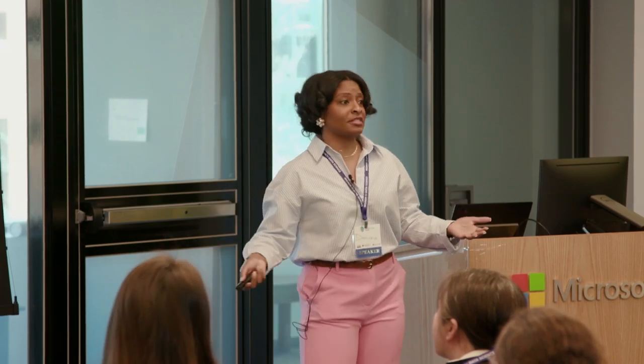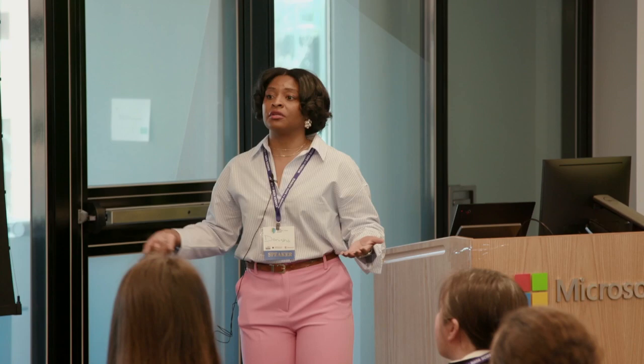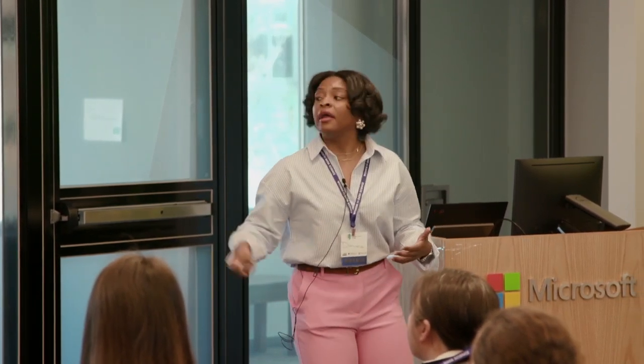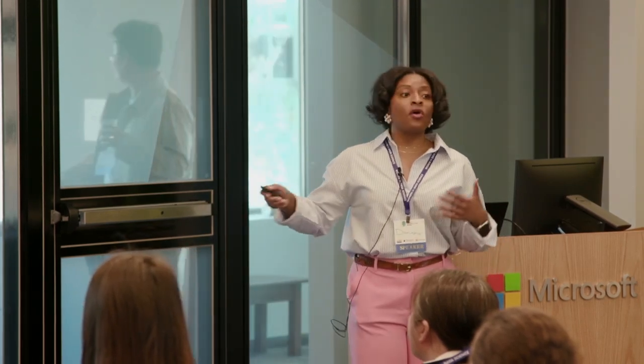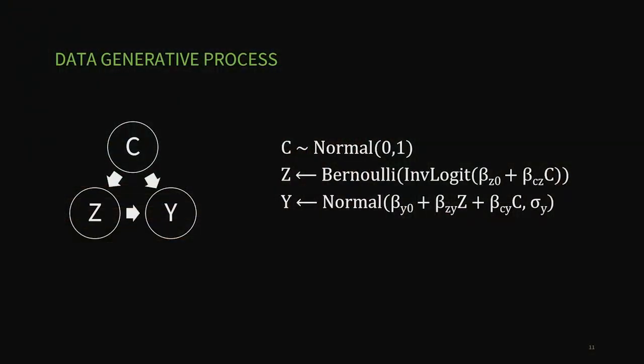So for our specific case, we have this data already. We're past the step of designing an experiment in such a way that we can do randomization. No randomization was done on this data. So we have to consider a way that we can generate what we thought would happen or what could happen. We need a way to generate those what-if scenarios. And we can do this with what's called the data generative process. This data generative process essentially provides us a way to write down how we think of the underlying structure of our data.